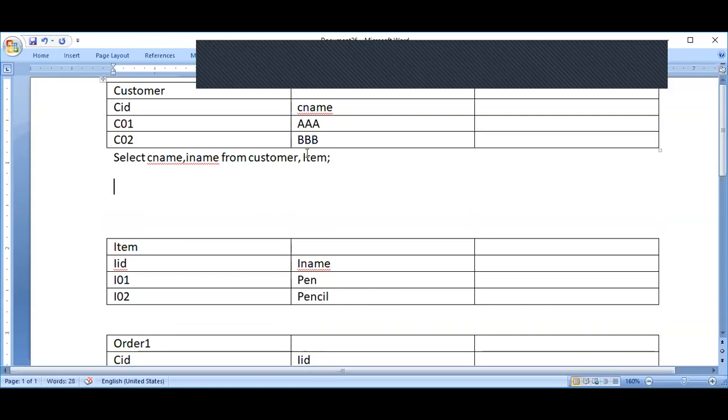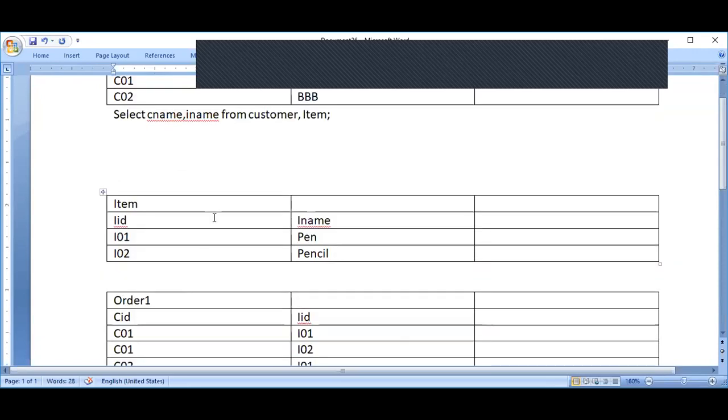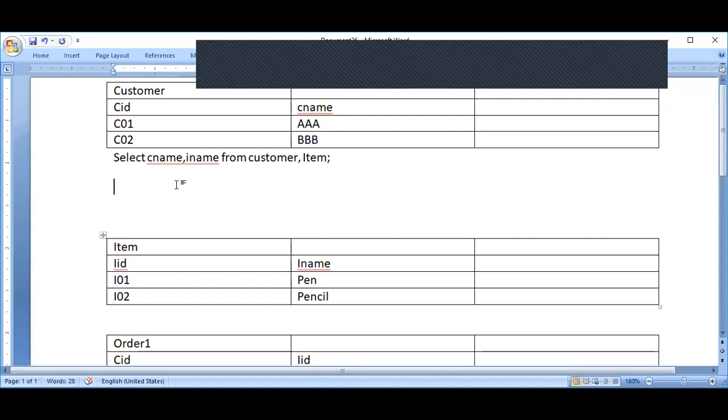So it is just going to create a Cartesian product. Unless we have a proper join, it will not be able to create proper tuples. So in this case, if I don't have proper bifurcation or proper joins, and I don't include this tuple, there will be 4 tuples like this.